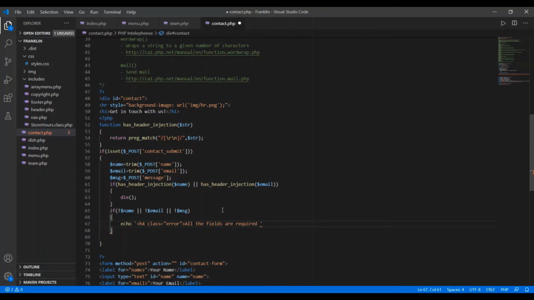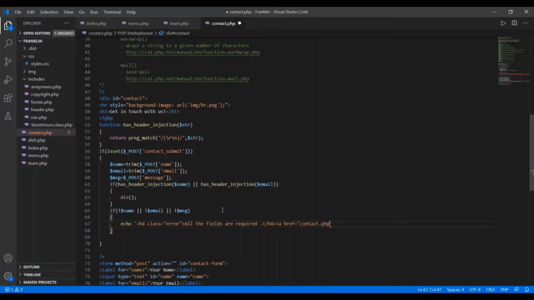So I'm going to close the h4 element here, and create a link. For that I'm using an anchor element, href equal to contact.php.